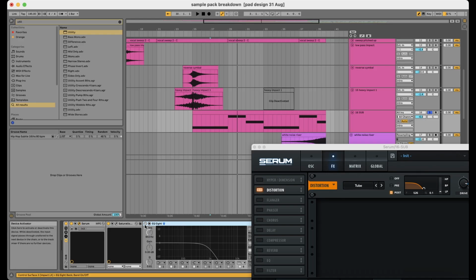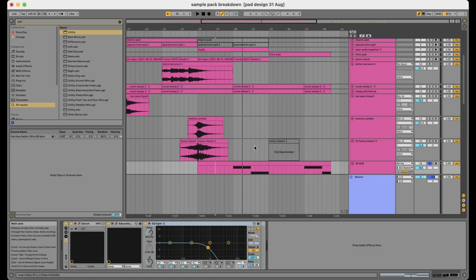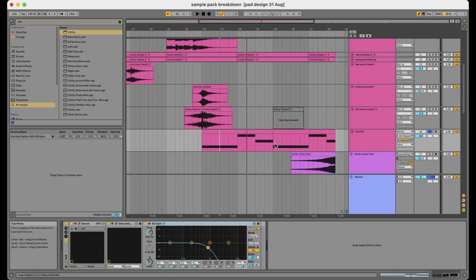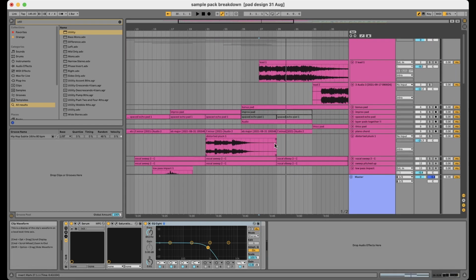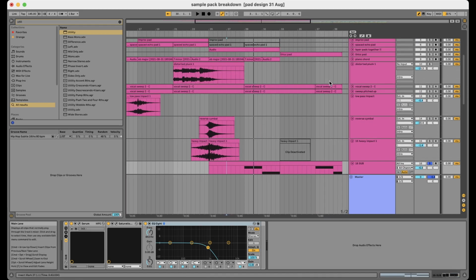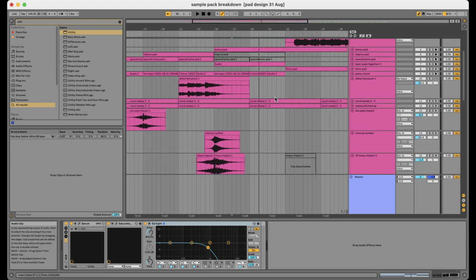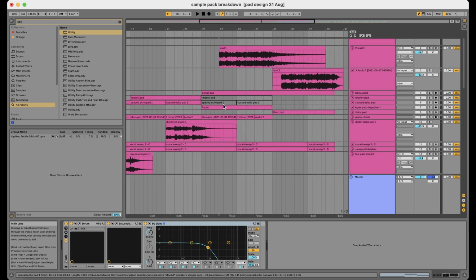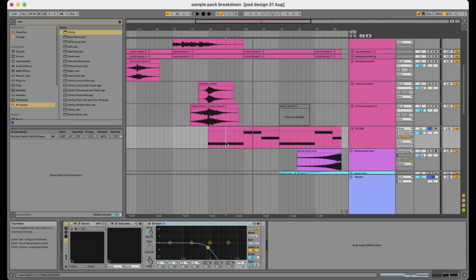But to dial things back a little, I usually add a low pass filter at the end of my effect chain, because the purpose of having a sub bass is to provide a really solid low end. It shouldn't really be the focus of the entire section. So in ambient sections like these, you should be focusing on the melodies, the beautiful pads, ambiences, but not the sub bass. So if you listen to it right now,